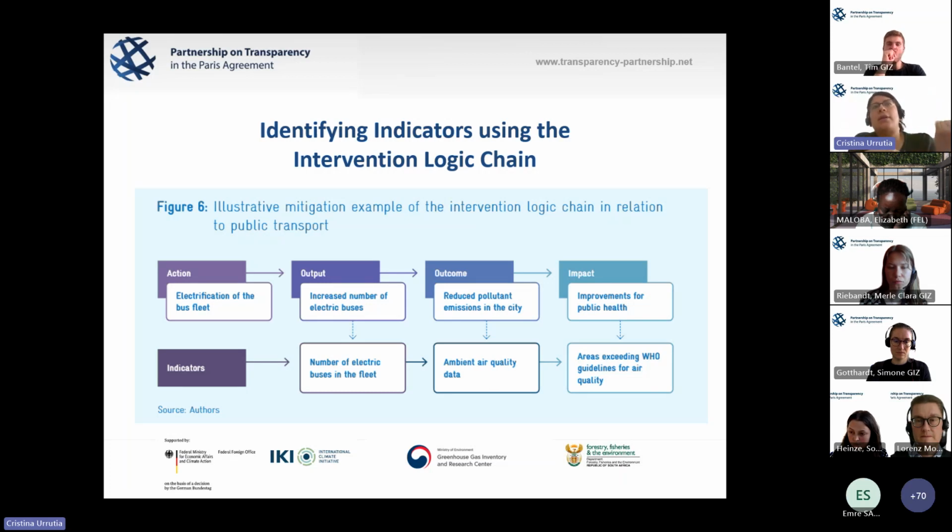And what is useful is that in each one of these phases, it is possible to identify specific indicators that would allow to identify if these expected outputs, outcomes, and impacts are being achieved. So, for example, the direct output is the number of electric buses in the fleet. If you are attentive, you will also have noticed that this is a nice example, but what is missing is the overarching target. Now, what is the target related to buses? But yeah, that brings me to